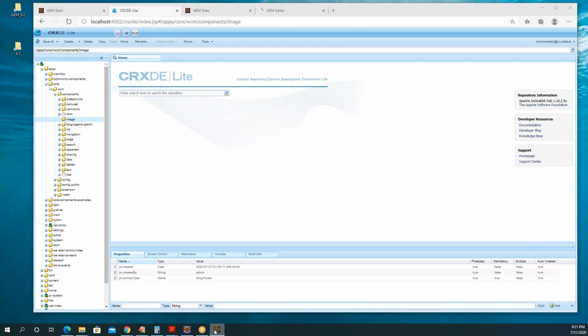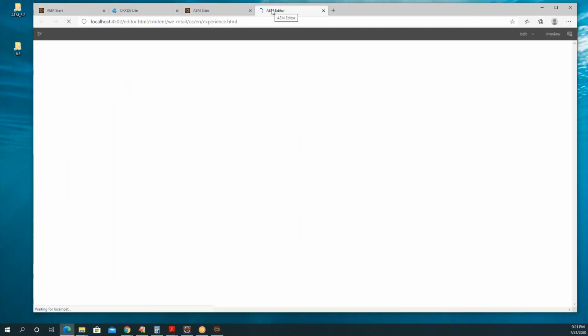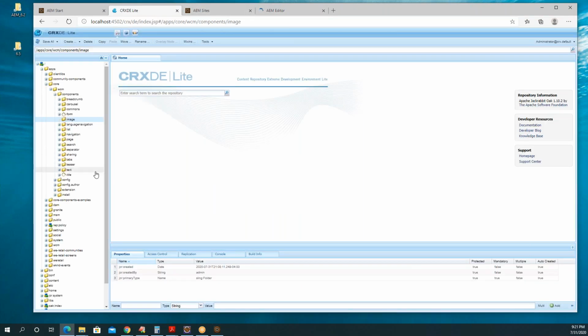This is also still loading. You can just try to log in on the right side.